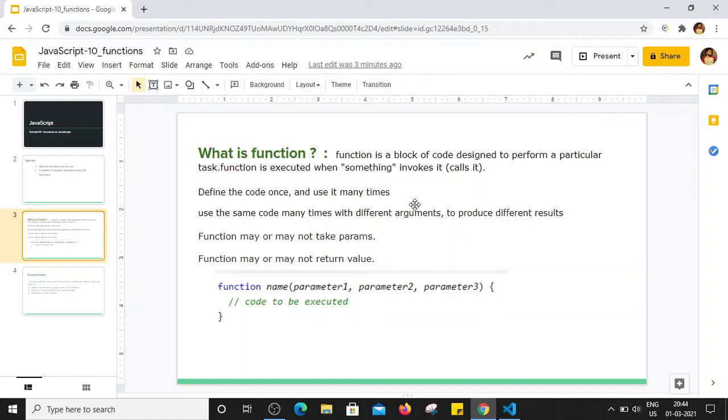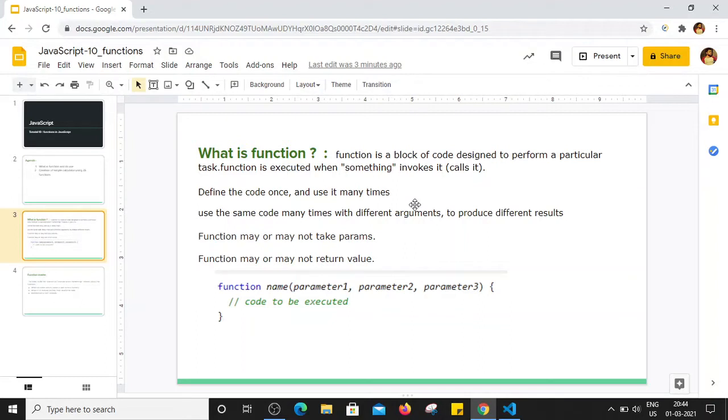Now, basically functions are statements. Functions mean some specific statements or a block of code that will be written once, and we can use that block of code multiple times. So instead of rewriting those statements every time, we can simply create one function, write the statements or block in that function one time only, and whenever we need to run those specific lines of code, we can simply call that function. So we don't have to rewrite the same code again and again.